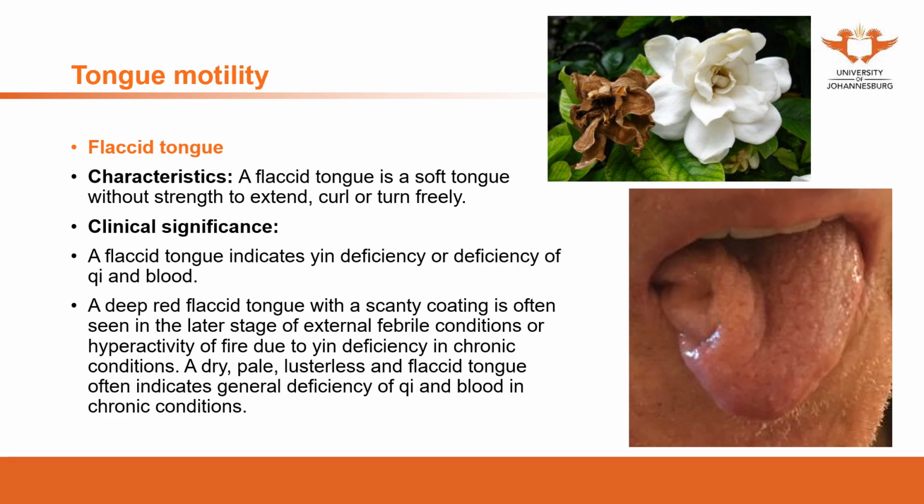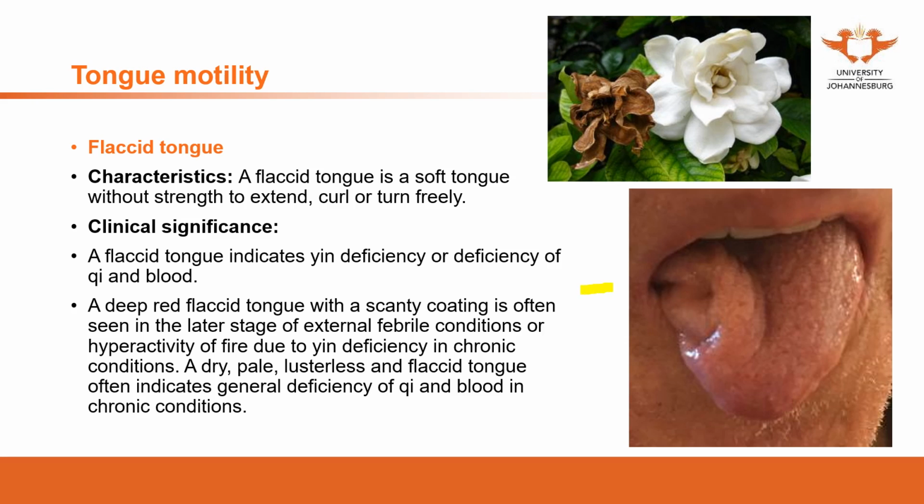So the first one is the flaccid tongue. The flaccid tongue is a soft tongue without strength to extend, curl or turn freely. In this situation, when the patient puts the tongue out, it's not flexible. This is an image of a flaccid tongue. As you can see, when the patient puts the tongue out,